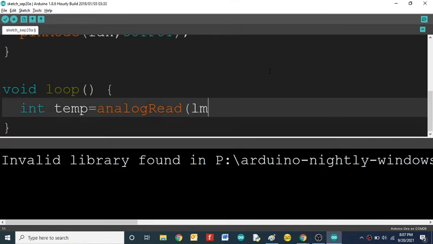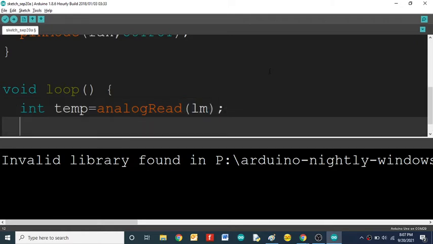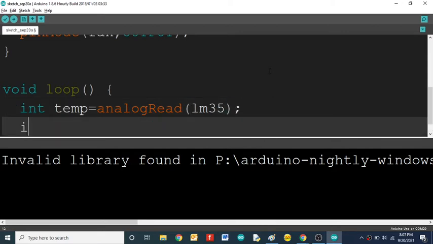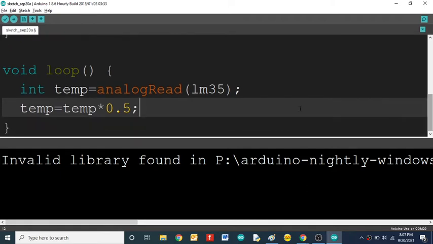Then I need to convert, so temp is equal to temp into 0.5. Now I'm converting into degrees Celsius.